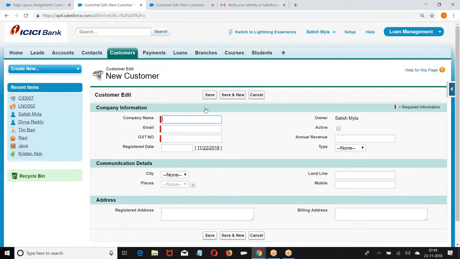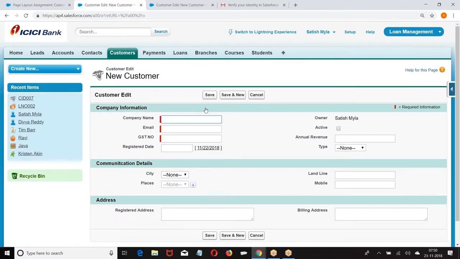Then for every profile, I'll give personal layout. For this particular business or particular HR operation, give business layout. Are you clear about this? Clear? Now let us go to the next one. I hope you followed everything, right? So what is page layout saying? What is page layout giving?